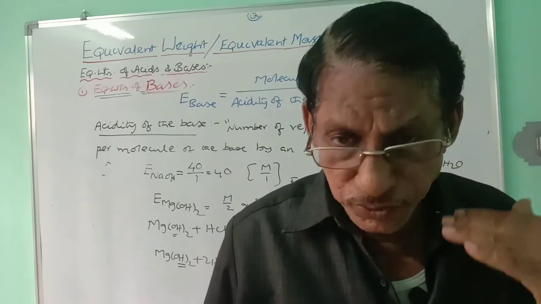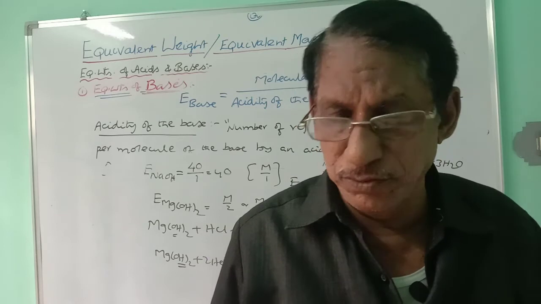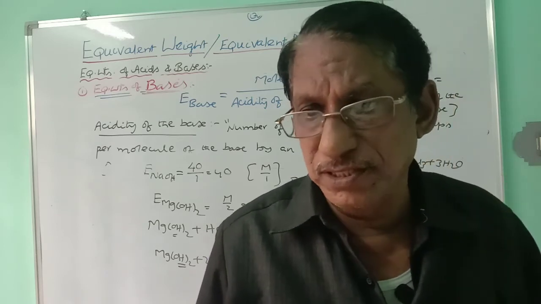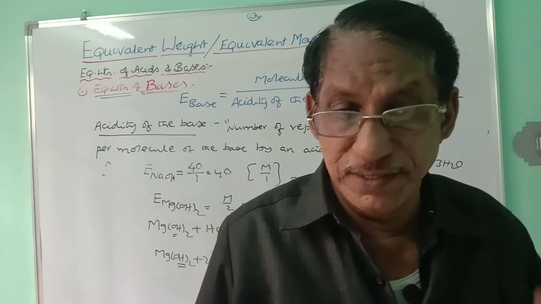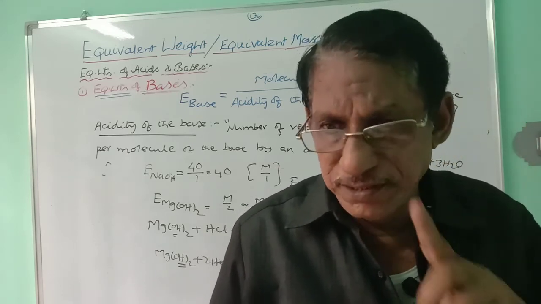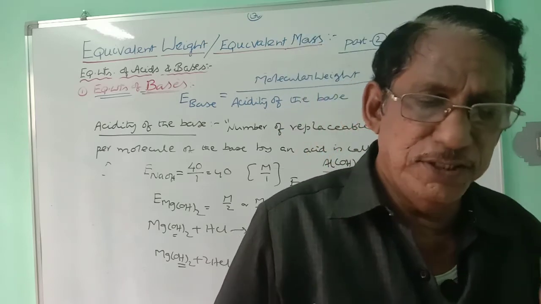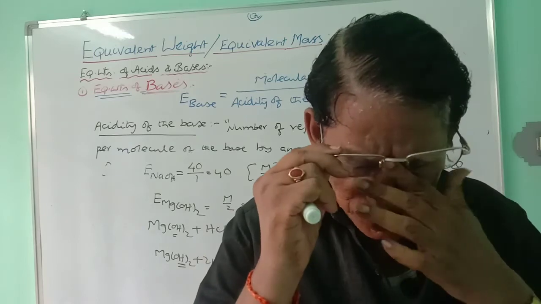Particularly, in a neutralization reaction you have to consider whether it is partial or complete. If it is complete, you will get the full equivalent weight. If it is partial, it may differ, like M by 3, M by 2, M by 1, etc. When it is M by 4, M by 3, M by 2, M by 1 is possible. When it is M by 2, M by 2, M by 1 is possible. When it is only M by 1, there is only one equivalent weight, there is no other variation at all.